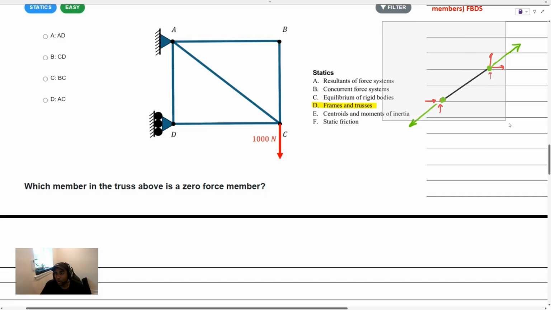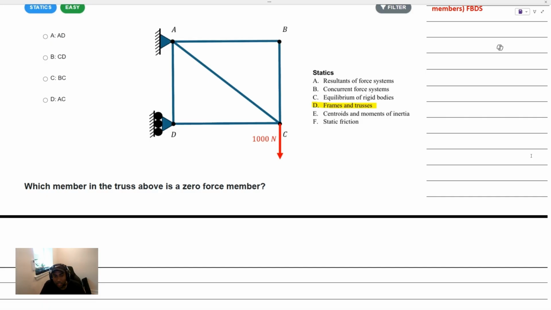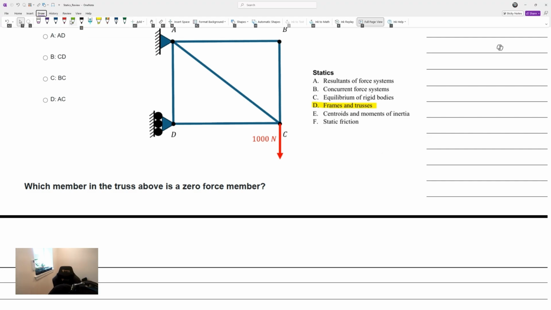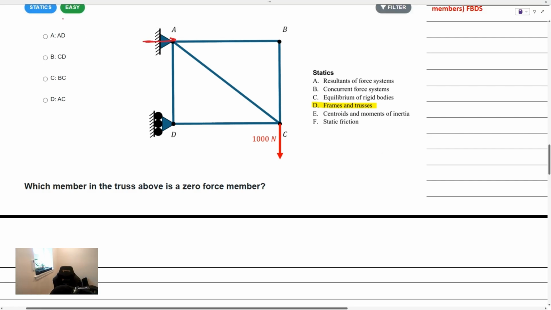Understanding two force members is super important to analyzing trusses and using things like the method of joints or the method of sections and finding zero force members. It's all about being able to draw that free body in your head or on paper. So I'm looking at the reactions at these supports here, and I see that this one is a pin support, so I'd expect two reactions here, and this one here is a roller support. Now, if we kind of look at this entire system, which is made up of all two force members,